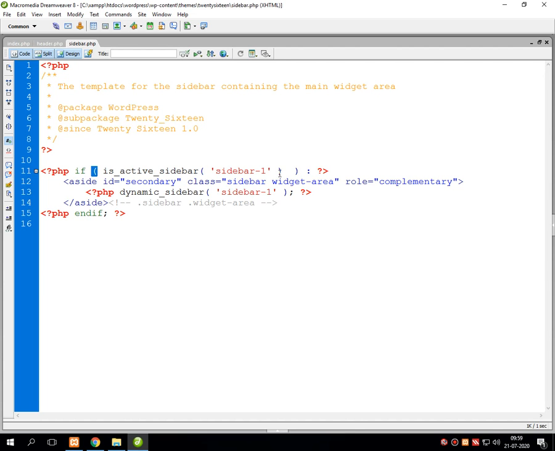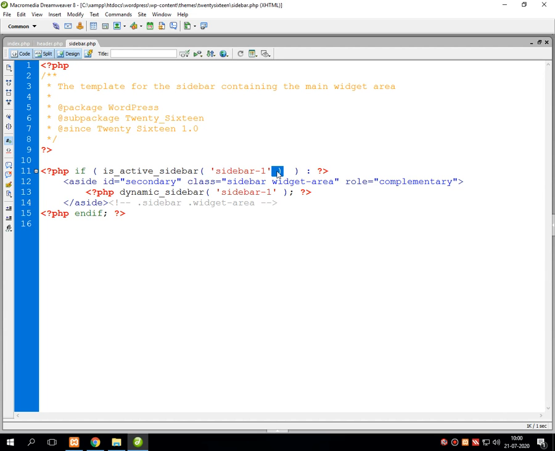Into the brackets there is one function written, is_active_sidebar, and its parametric value is passed into these round brackets.